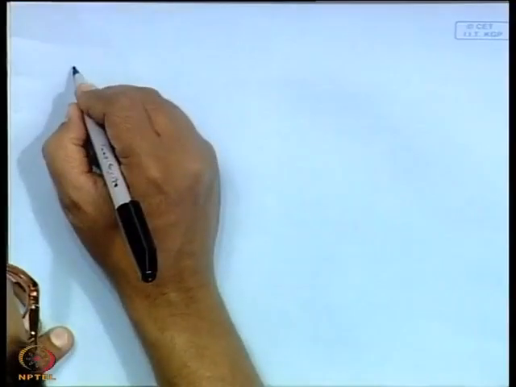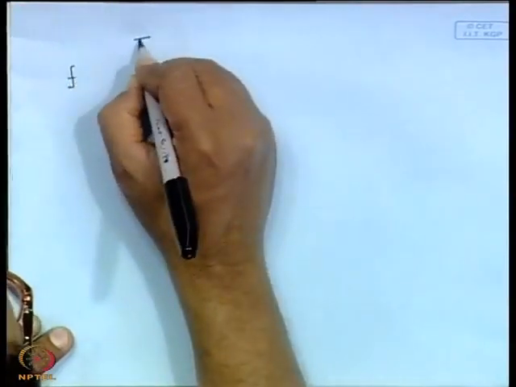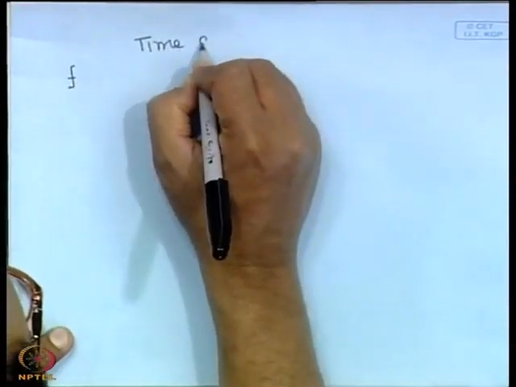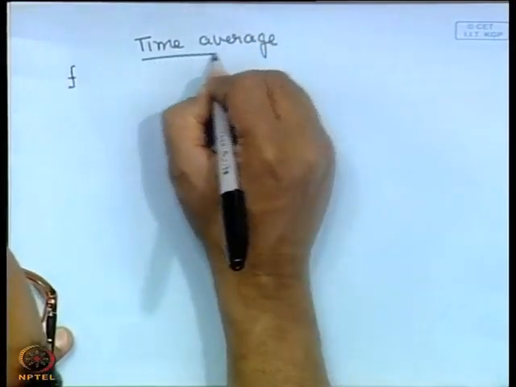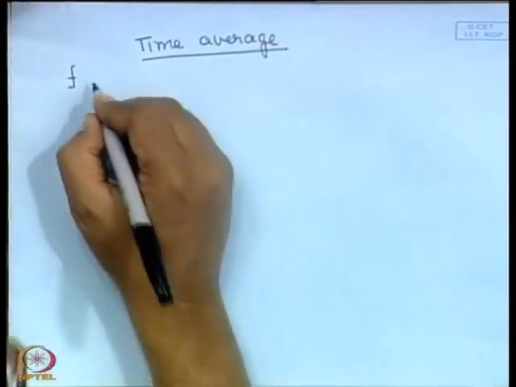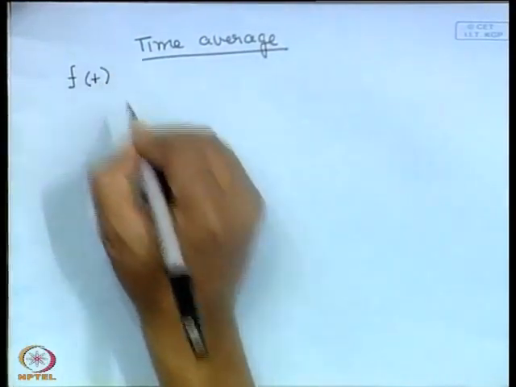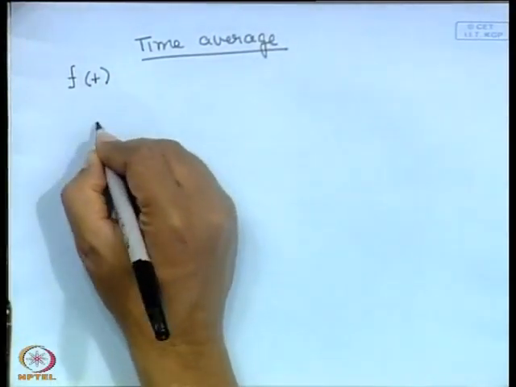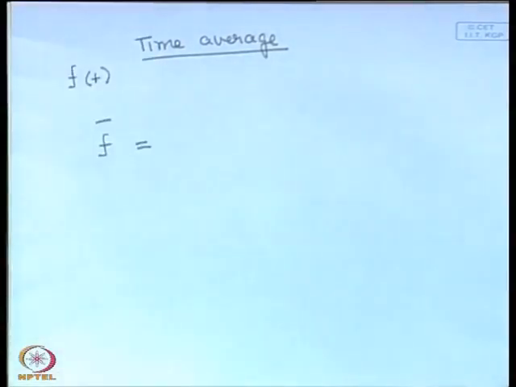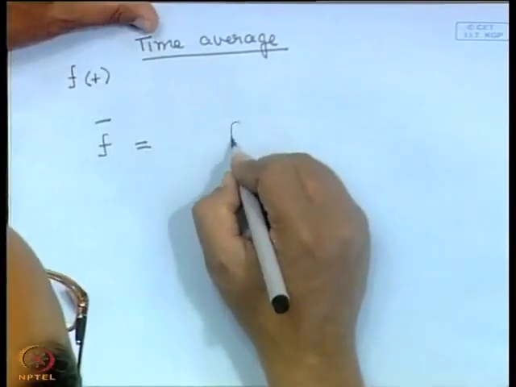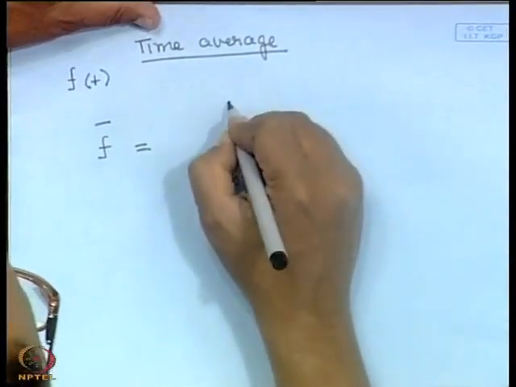If there is some quantity f which varies with time, its average f bar is defined as follows. You average f over some time interval tau, so from 0 to tau, f(t) dt, you do this integral,